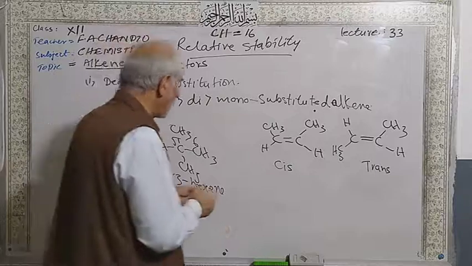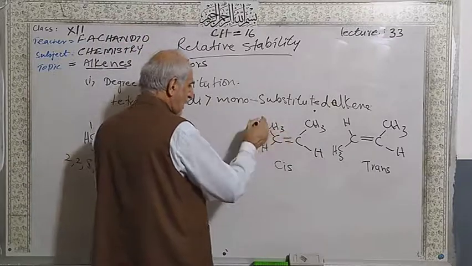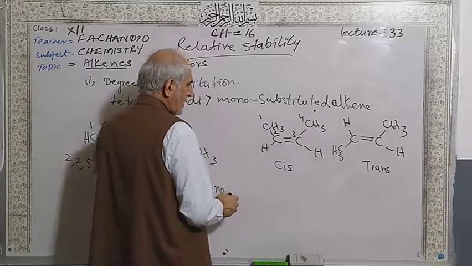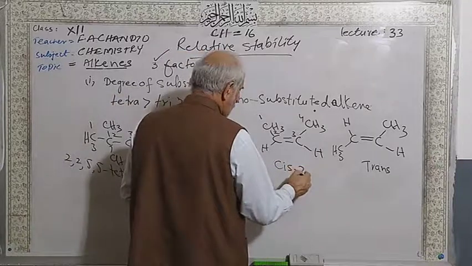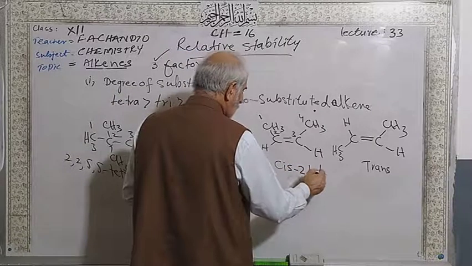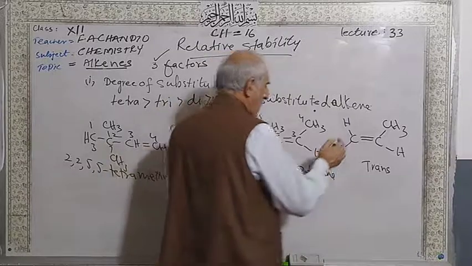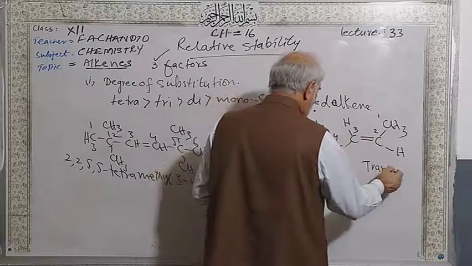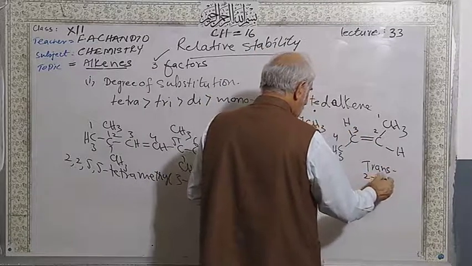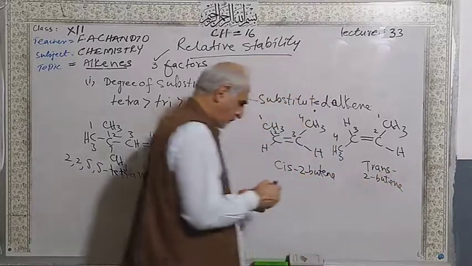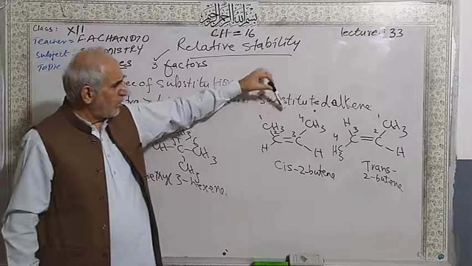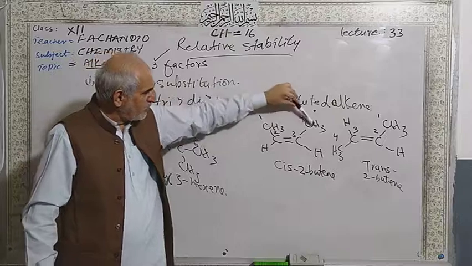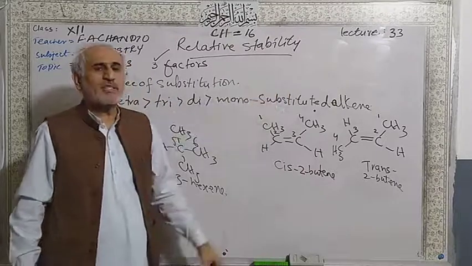Students, see this one. This alkene is named 1, 2, 3, 4 cis-2-butene. And this one, 1, 2, 3, 4, trans-2-butene. Both are 2-butene. If the same groups are on the same side,